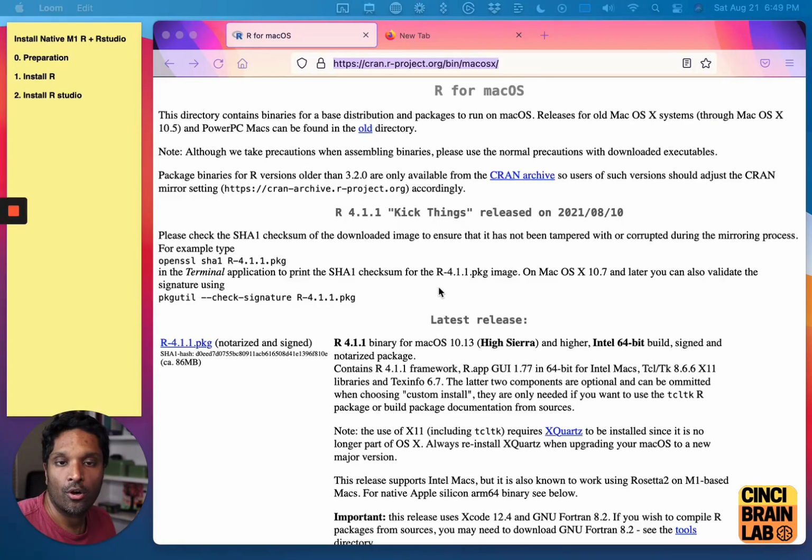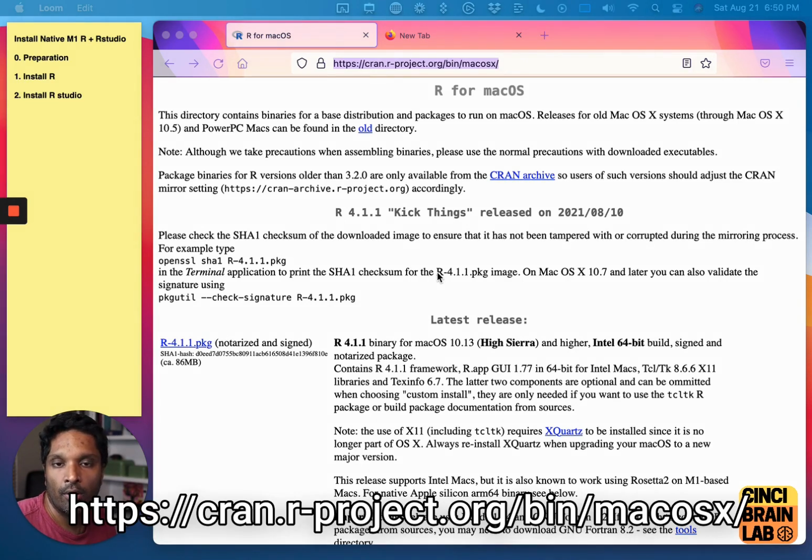Let's start with installing the native M1 R interpreter. It really is just knowing where to go and what packages to download. I'm at the R organization site for Mac. We have version